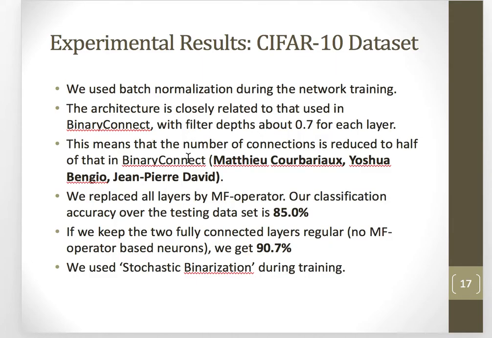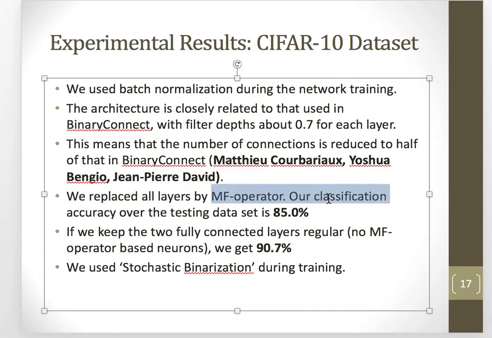In this case, when we replace all layers by the multiplication-free operator, our classification accuracy is 85%. When we keep the two fully connected layers as regular neurons, and the softmax at the very end as regular neurons, we get 90.7% recognition accuracy. We use stochastic binarization during training,